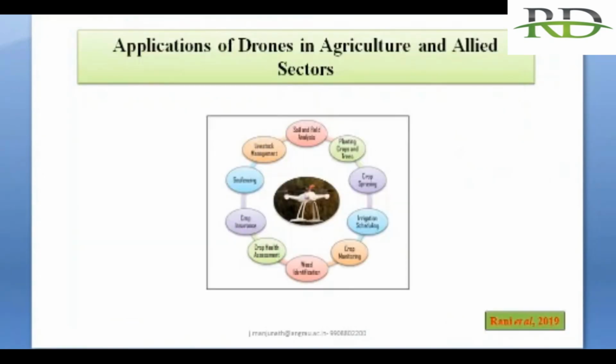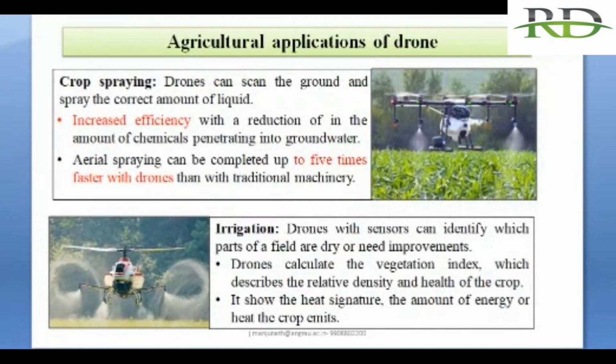these are some applications, that is agriculture and allied sectors. We are using these drones, as I discussed. Next is Krishna. Yes, Krishna, just show the next slide. I don't want to go through it in detail. It is crop spraying, especially for controlling pests and diseases, and also irrigation. We can calculate the vegetative index, the distribution of water bodies and healthy crop,